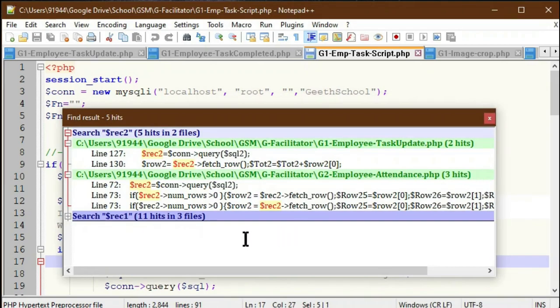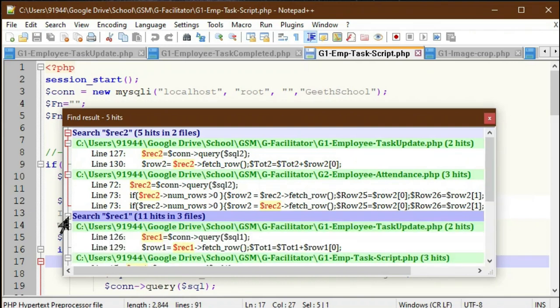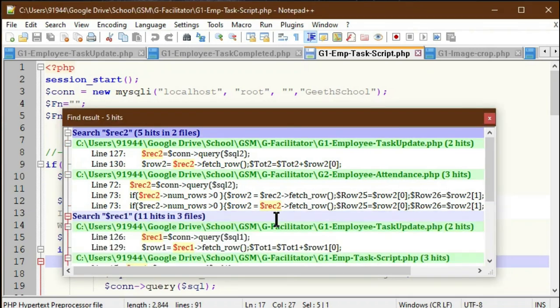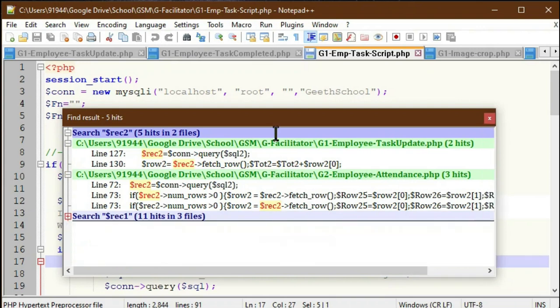Then you see it is still showing the old search line; we can expand it and find record 1 also there, and the new record 2 is shown here. This is the advantage of the Find result window. We can expand the result at any time. By double clicking it will expand, and by double clicking again it will minimize.